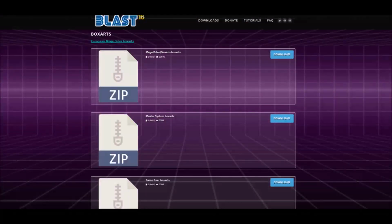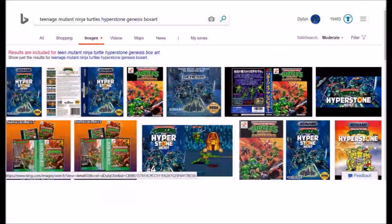If you go to the Blast16 website, under the Downloads tab, you will find that there's some box art that you can download for each system. And these are complete collections, so they're going to be fairly large in size for each download. So you can use these if you want, or you can just search the internet for the game you're looking for. So I searched the name of the game plus box art, and that pulls up a bunch of different